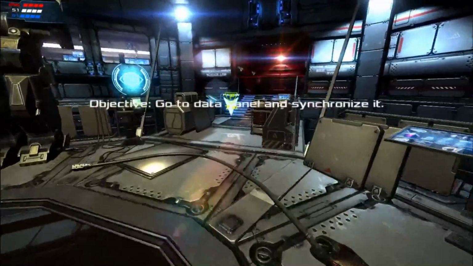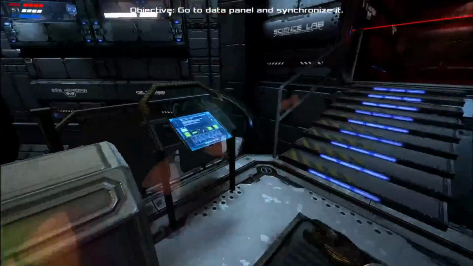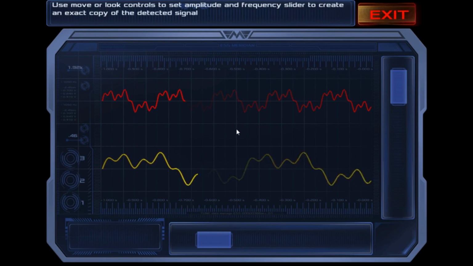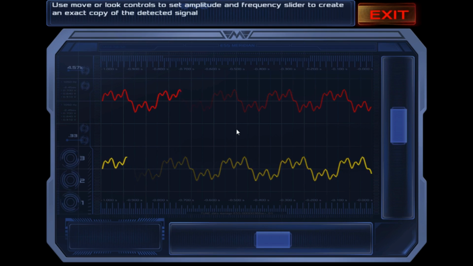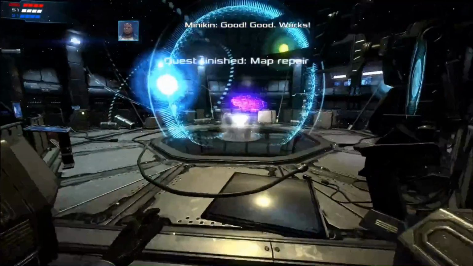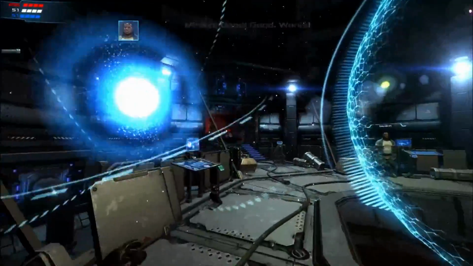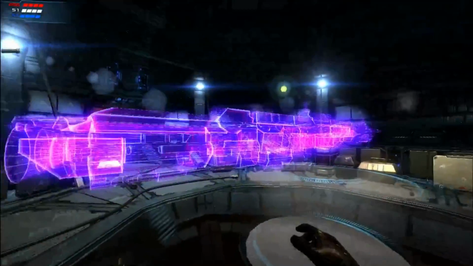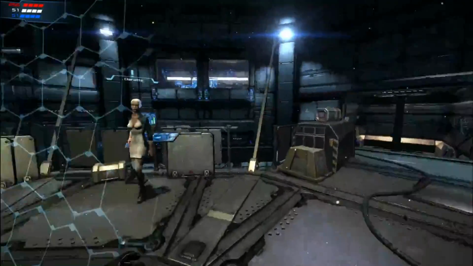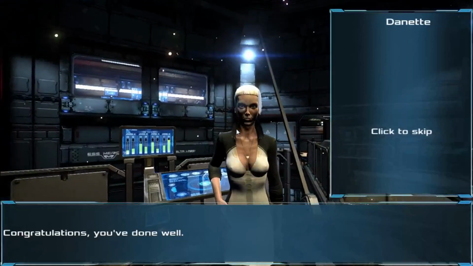Okay, let's repair the map. And let's synchronize the terminal. Good. Works. And with that, we'll now have access to this. We'll end up being able to click on it. Like, let me talk to...